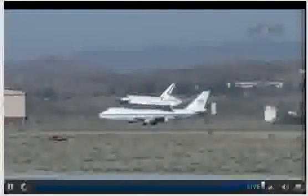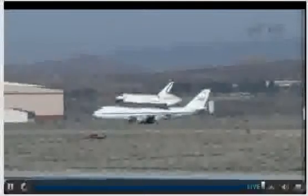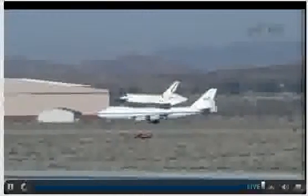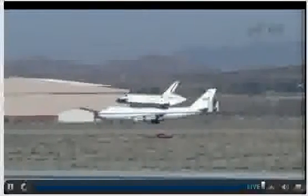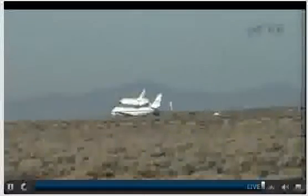Again, this is live coverage of the 747 Shuttle Carrier Aircraft with Space Shuttle Endeavor strapped to its back, preparing for takeoff. Takeoff is planned